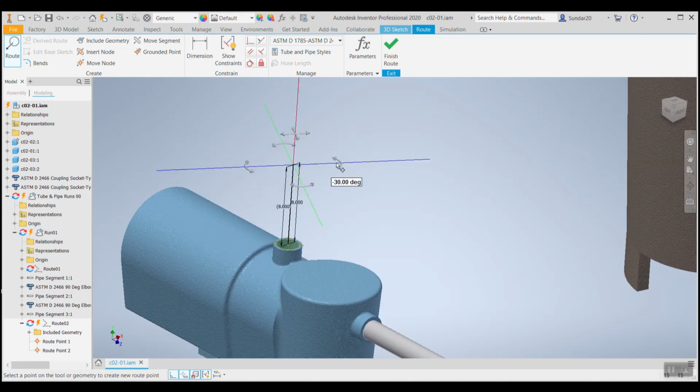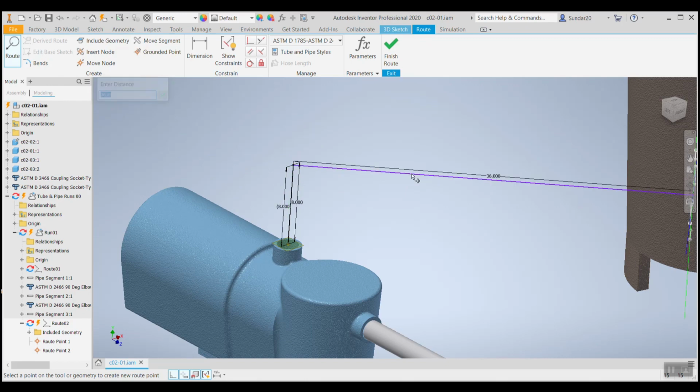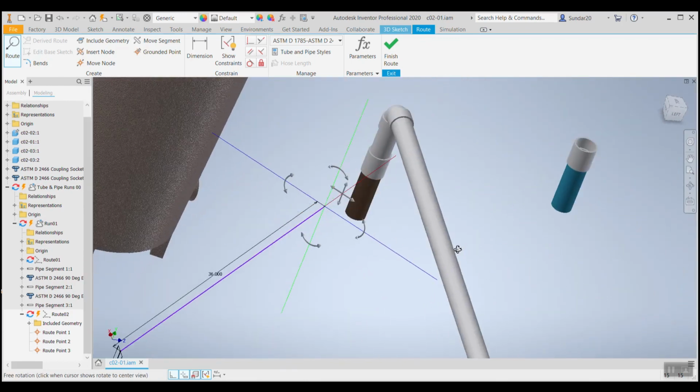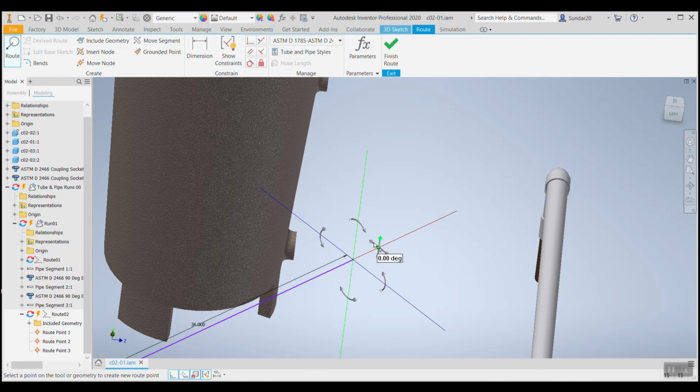These are the pointers which can be used to turn the lines. So I'll go over to say 45 and say 36. So it has gone here, good, and I need another 45 degree.